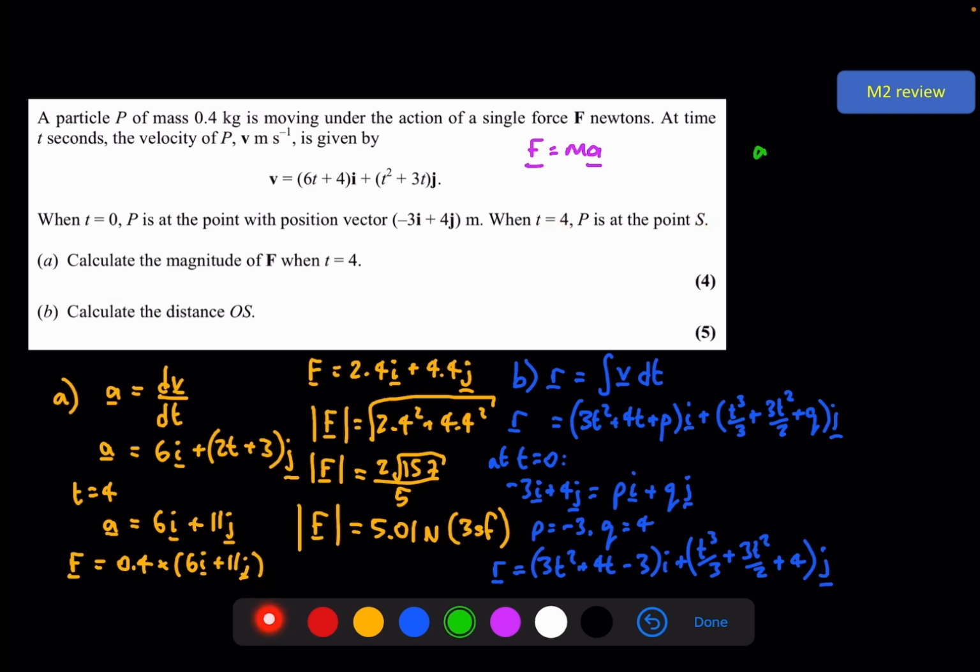So if we put that into our equation, at t equals 4, we get point S with position vector 3 times 4 squared plus 4 times 4 minus 3 gives us 61i plus 4 cubed over 3 plus 3 times 4 squared over 2 plus 4, which is 148 over 3 for the j, just by putting t equals 4 into this equation here. Finally, we want the distance, whereas this is still a displacement. So to find the distance, we need the magnitude of this,